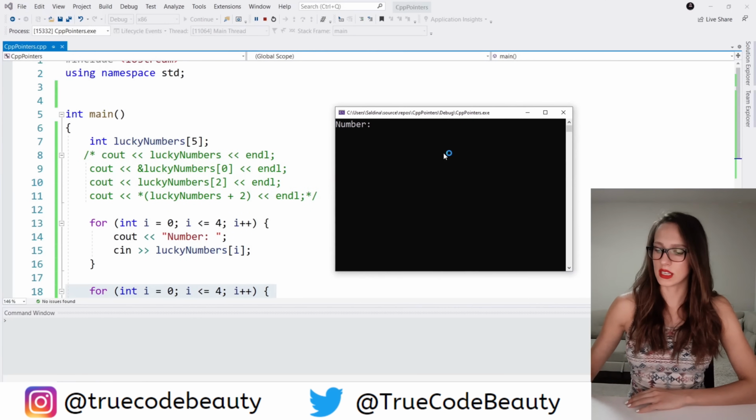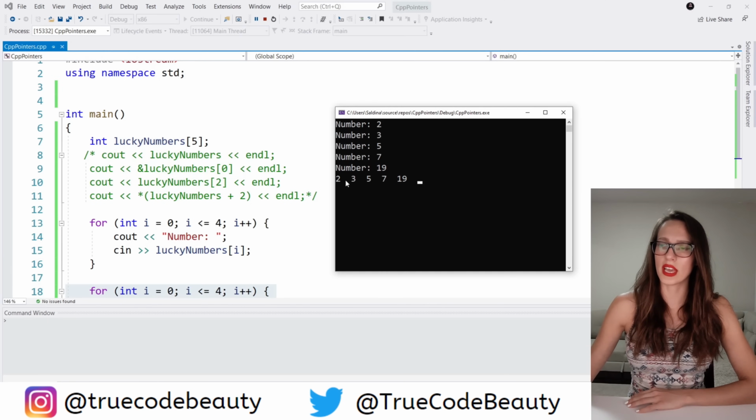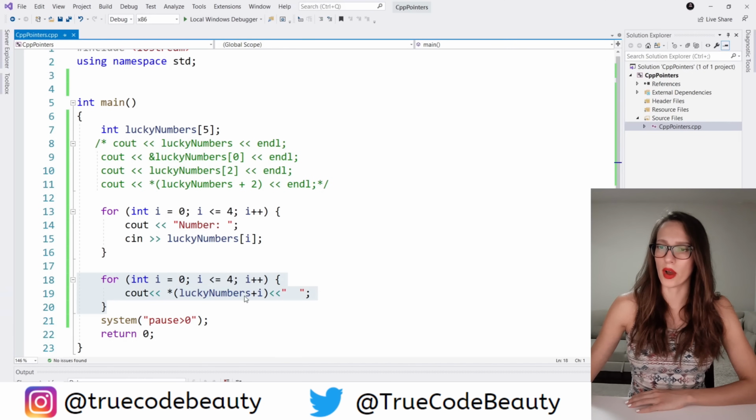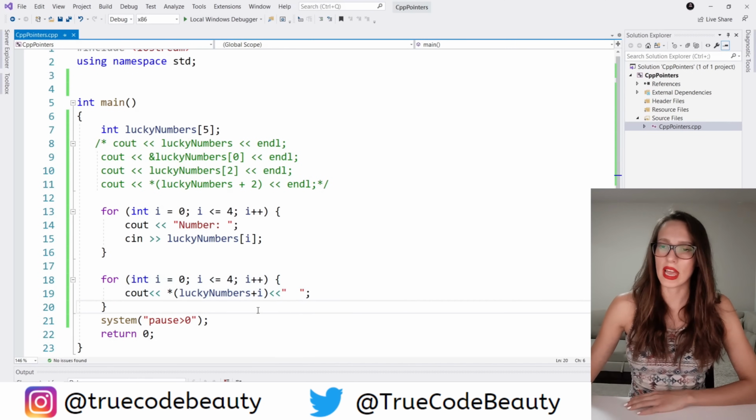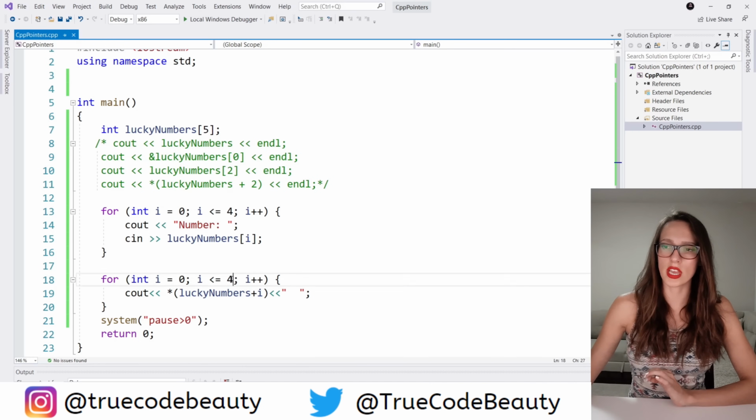Okay, and let's enter 2, 3, 5, 7, 19. And as you can see, we get values of 2, 3, 5, 7, and 19, which we have entered. Okay, let's stop this program now. And there is one more thing that I want to show you. What is going to happen if I change this max value from 4 to 5, like this? So what is going to happen in this particular situation? Let's run our program